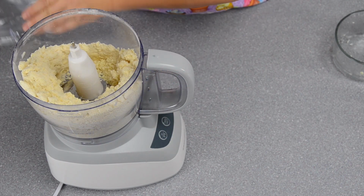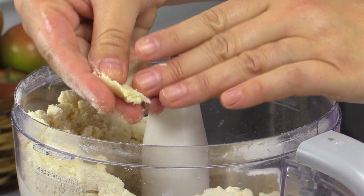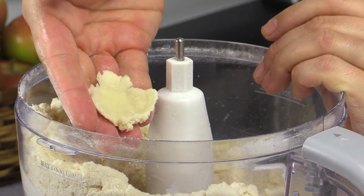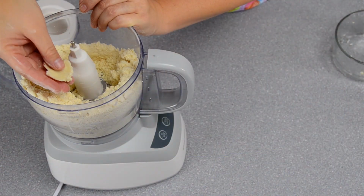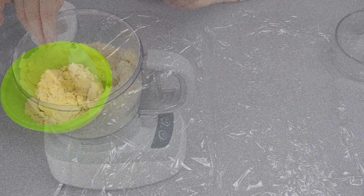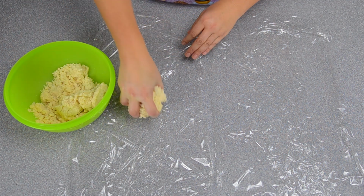So it looks like it's starting to hold together. So I'm just going to touch it, and you can see now that it grabs itself together, and so it's perfect. So I have to set up some saran wrap next, so I'll be back to show you what the next step is. So I have my dough here, and I'm just going to roughly divide it in half